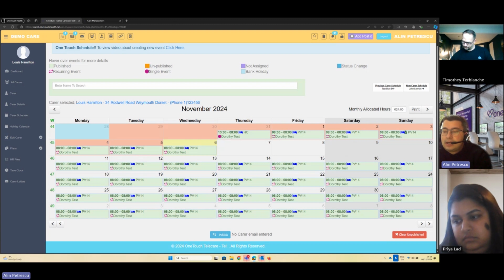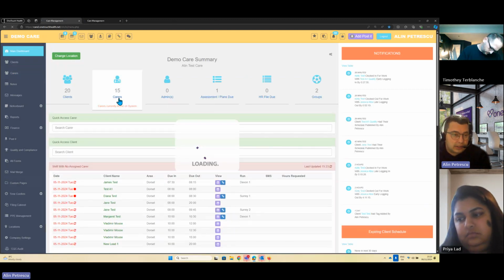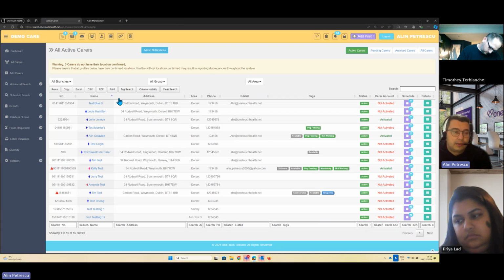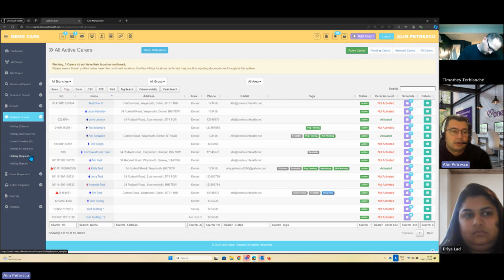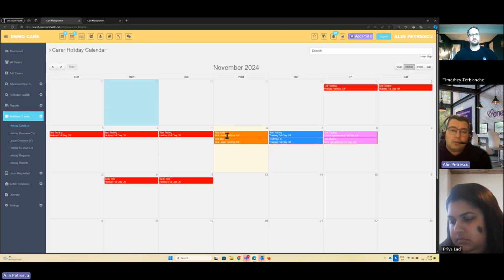That is about adding annual leave and extending it. Now we can look at some reports for annual leave. Again, we're in the main dashboard. I click on care workers, and on the left-hand side, we have holiday and leave. We've looked at the holiday and leave list, and the holiday request via the mobile app. But we have a holiday calendar as well, where I can see what's happening in my company: how many people have days off, how many people are in training, how many people are on sick leave,